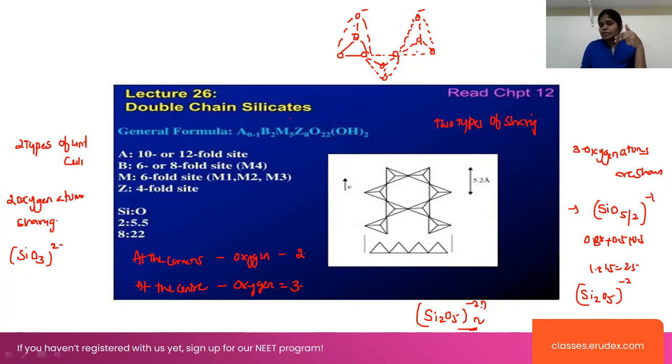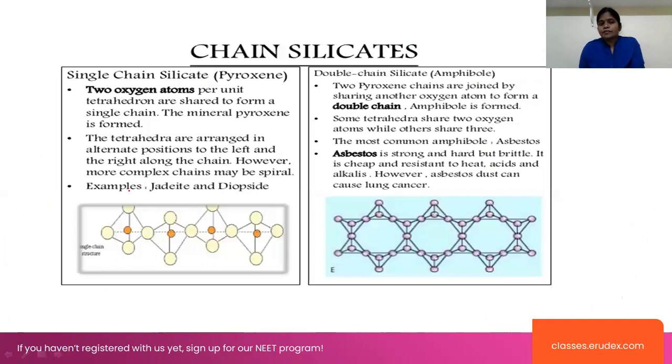Whenever 2 oxygen atoms are sharing in the corners, at the same time, 3 oxygen atoms are sharing in the center here. So we are writing the general formula for the 2 oxygen atom sharing, and in this case 3 oxygen atoms are sharing here. Now look at this case, here sharing of the oxygen atoms is more important. Look at the formula, the general formula will be this one. Okay, and now look at the difference here.